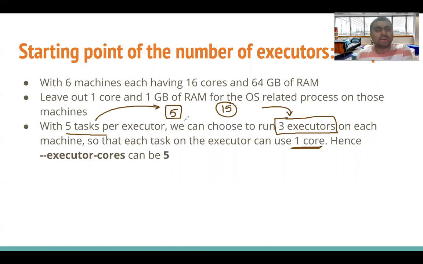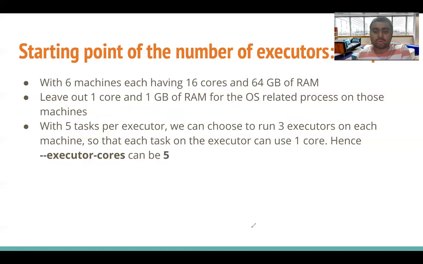Again, it's not mandatory to give one core to one task. Different tasks inside an executor can share the same CPU core. If your application is not CPU bound, you will see benefits in this direction. But let's talk about one task requiring one CPU core. So that's our first result. We will be using 5 executor cores in this context. Now let's talk about the next.